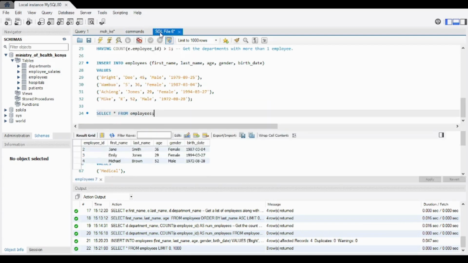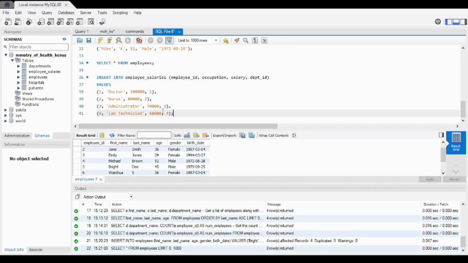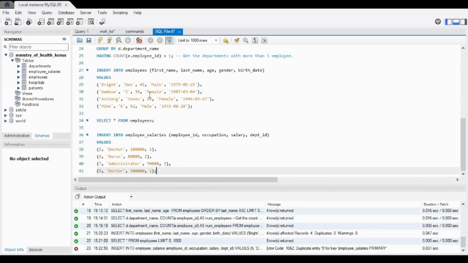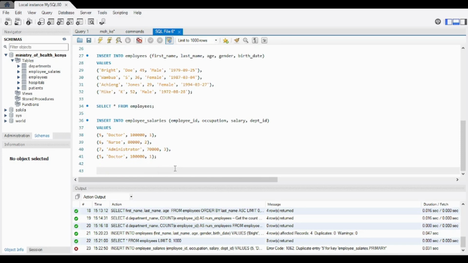Just copy, come here, and let's just change that. Now the other one stopped at 4, so let's change from 5, 6, 7, and maybe let's make this one also a doctor. Good. Now I'll just go ahead and run this command. Good. Now we can select all from